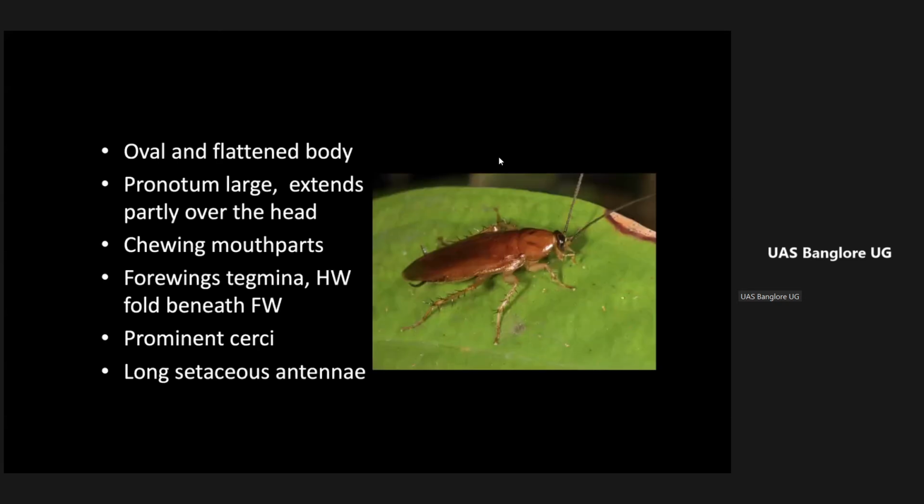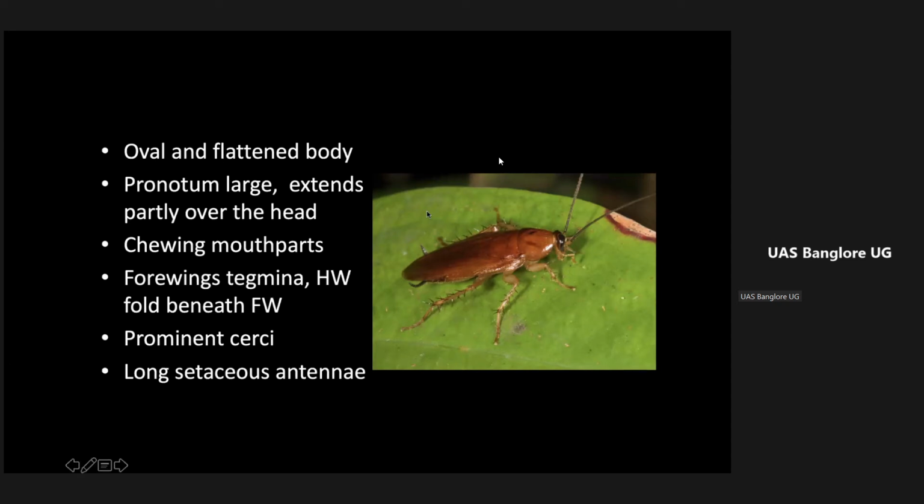Then how do you recognize the cockroach? I think by this time you have caught so many cockroaches and you know so much about them. So look at the antenna, the head, the modification in their thorax, and also the wings and their legs, and also the cerci.